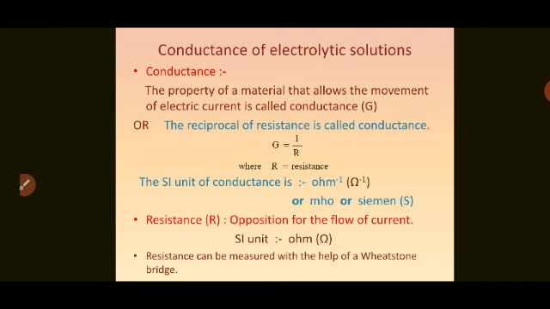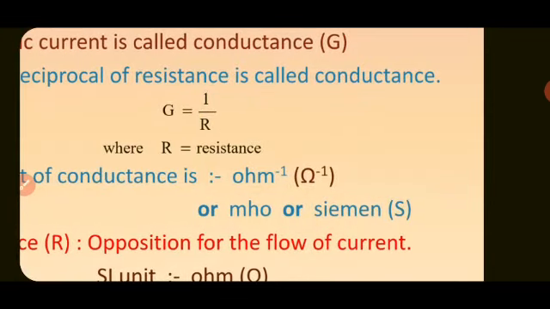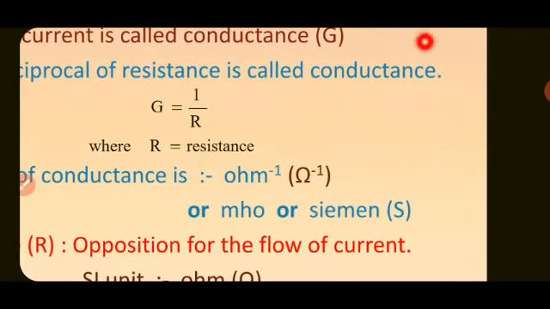It is per ohm, which symbolically can be given as ohm inverse, or it is also called mho, or one more name is Siemens or Simon. You can pronounce it as you want because it is the scientist's name. Siemens is written as capital S. If you write small s, it is considered as second, that is time. So please write capital S.